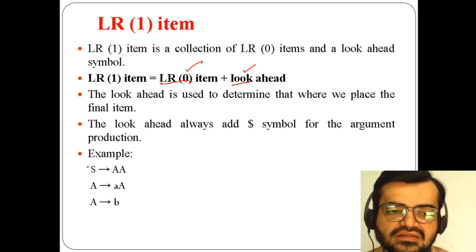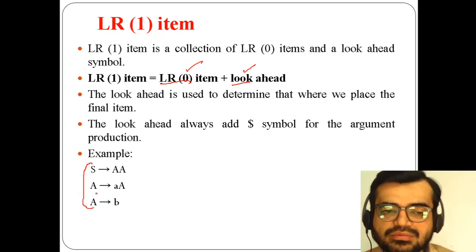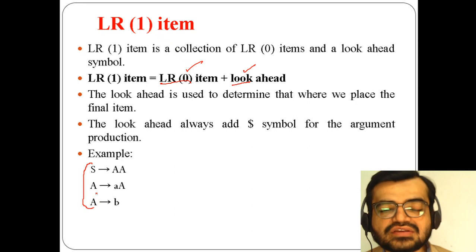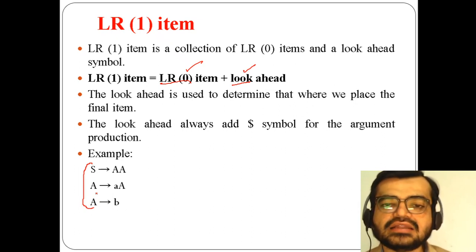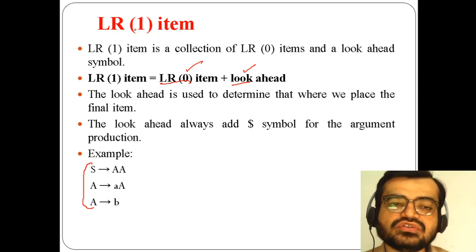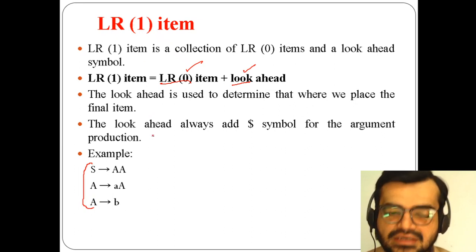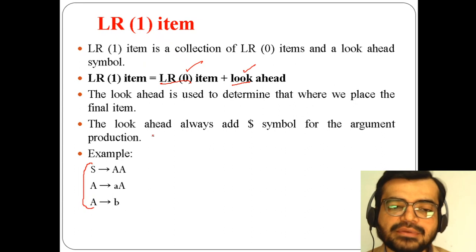Now, this is my sample grammar, which is not an augmented grammar. As you know, the steps are very similar to the previous ones. The difference is in parsing table generation, and instead of using LR(0) items as in the previous one, here I am using LR(1) items. So this is my sample production.